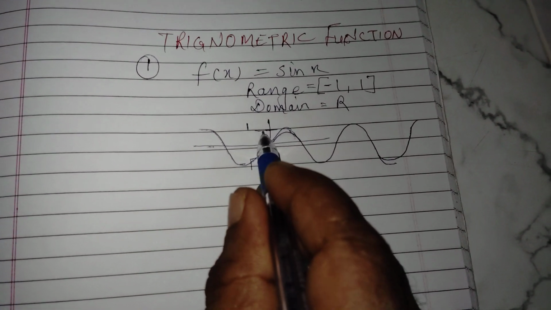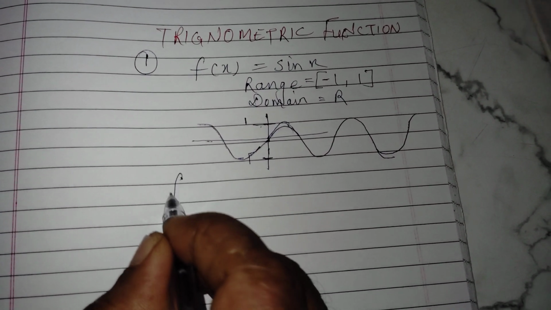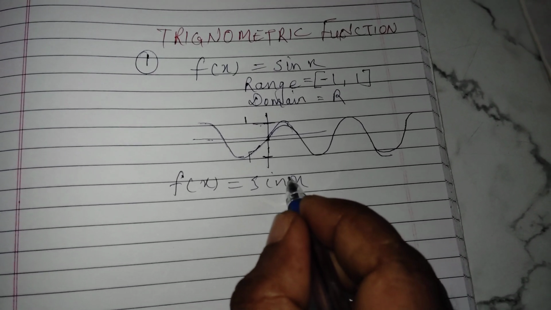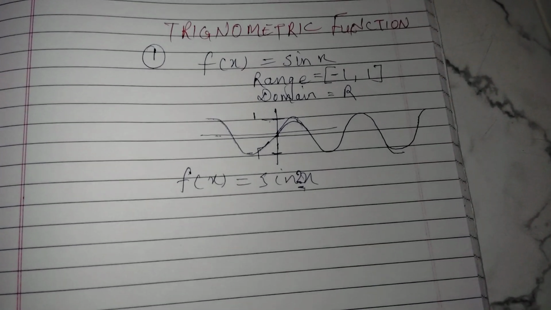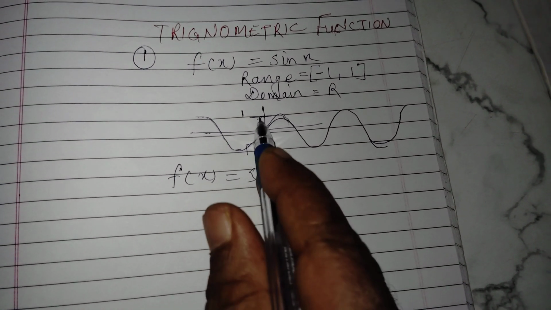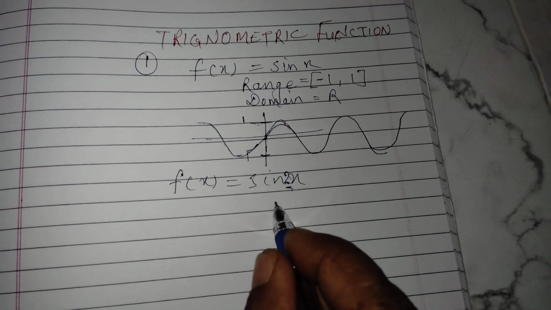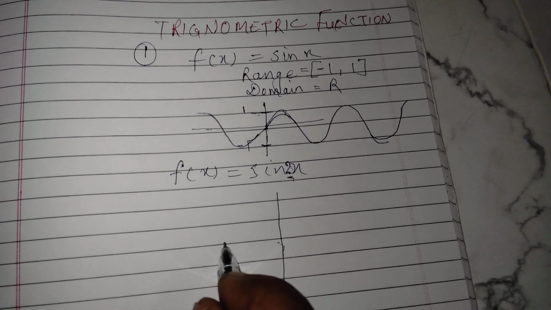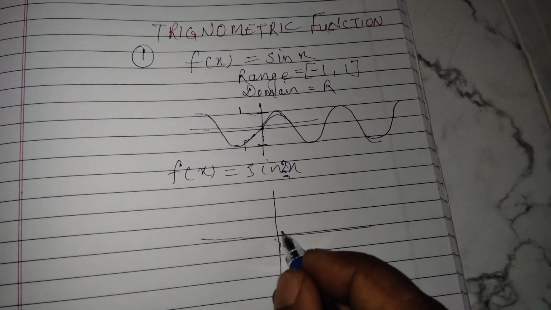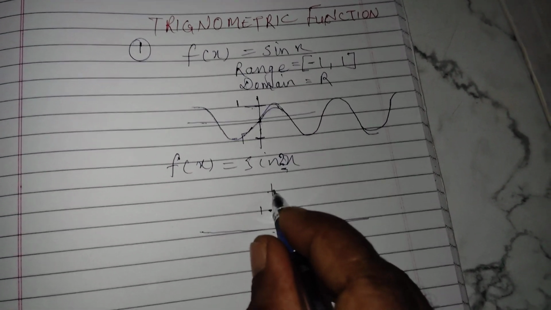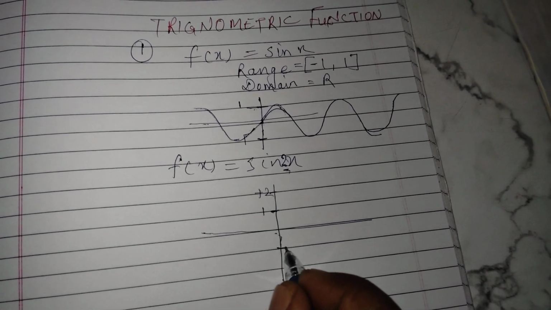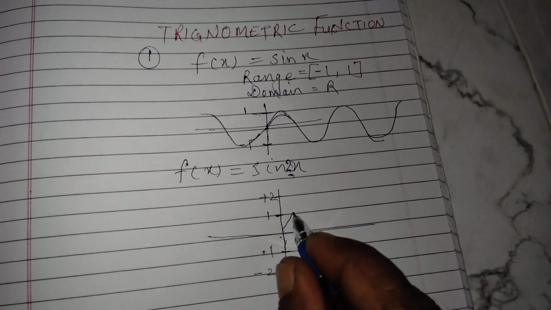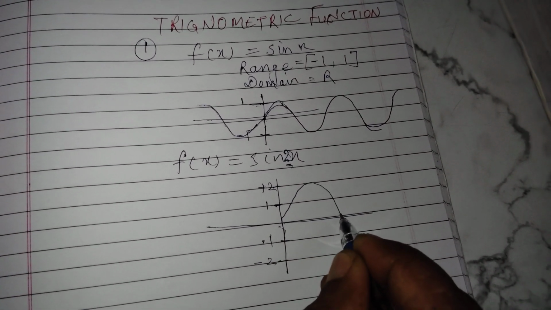Suppose we want to draw the graph of f of x equal to sin 2x. So what happens in this case? Sin 2x. What does this 2 indicate? It indicates that the value of this curve becomes double. Suppose we want to draw the sin 2x graph, and this is plus 1, this is plus 2. Similarly minus 1, minus 2. Now start from 0, sin's value goes to plus 2, then